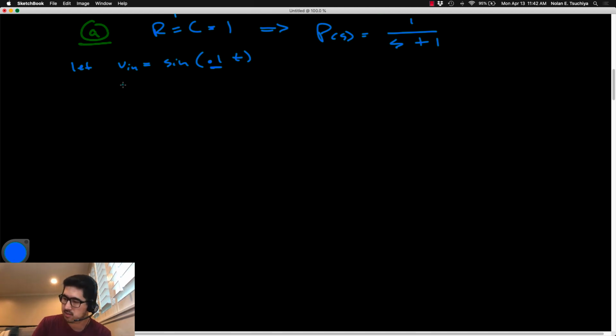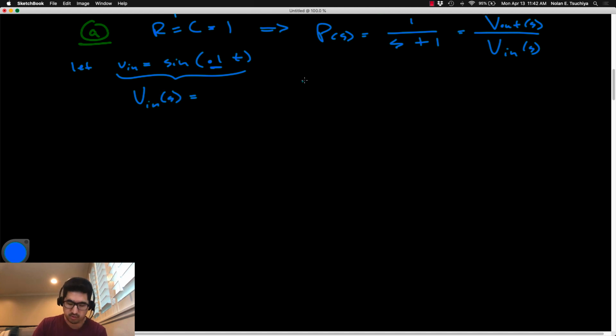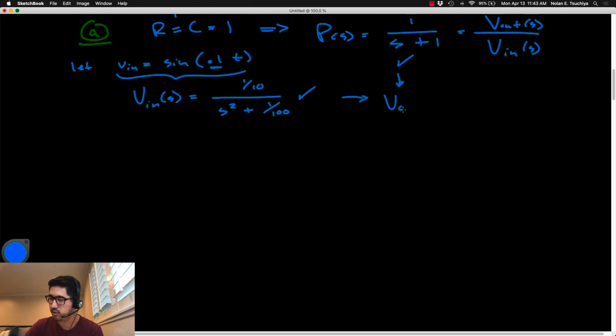Okay, what this means is, if you look at our transfer function, that's the relationship between V in and V out, just as always, right? The Laplace of the output divided by the Laplace of the input. If V in is equal to sine of 0.1 t, we know that big V in of S is equal to just the Laplace transform of this, which works out to 1/10 over S squared plus 1/10 squared, or 1 over 100. Okay, so we have the plant, we have the Laplace of the input, which means mathematically we should be able to compute a forced response,